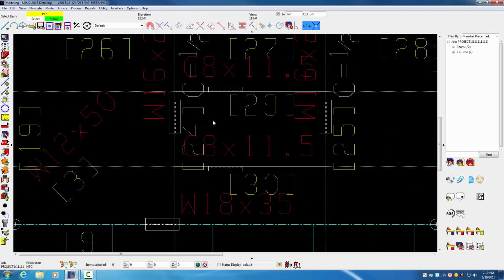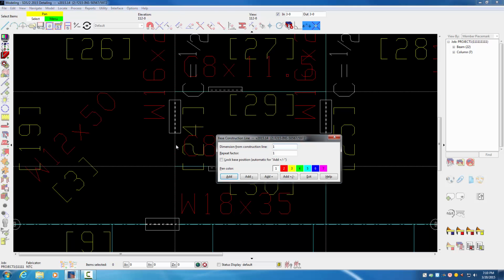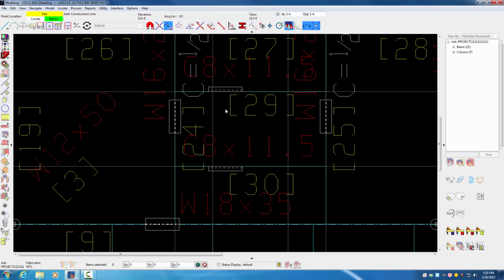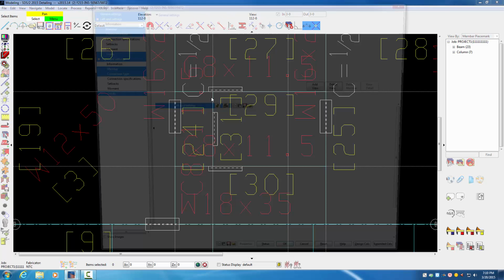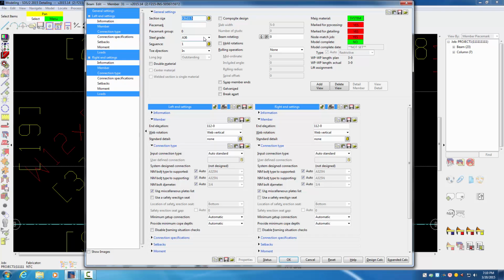Okay, so now we right click out of that command, construction line, add, base it off from this beam here, and we'll go 1 foot 6, and then 3 foot 0. And we just have to add in a couple of channels here. So we'll go member add, intersection to intersection. Again, it's a C8 by 11.5. And as you are looking at that, the toe direction is out,